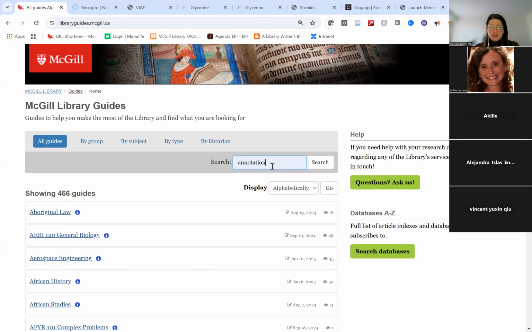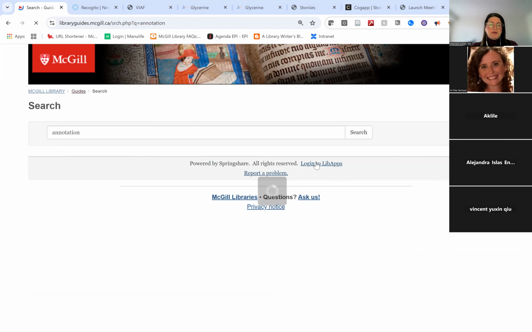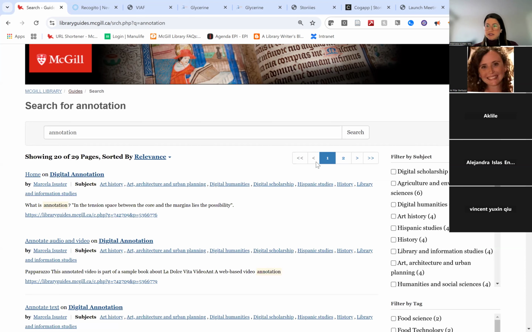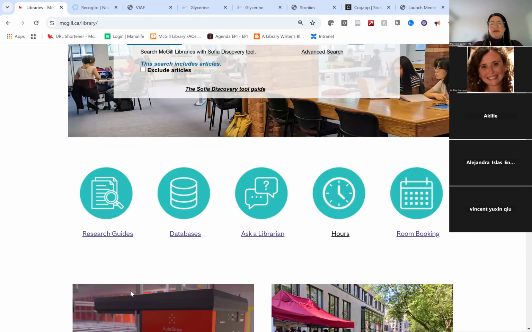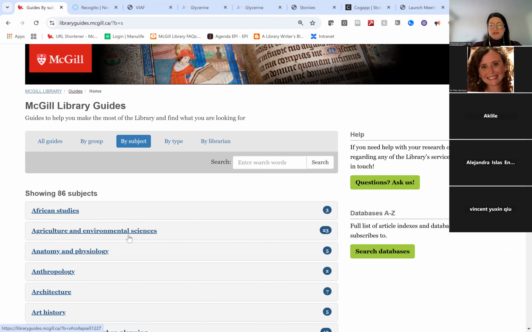Now, what you're seeing on my screen right now is our McGill Library Guides, or sometimes we call them LibGuides. If you have never seen them, to get here, you go to our McGill Library webpage, and then you go to Research Guides, and then you will see all of our guides. You can search for them, or look for them by librarian. So if you want something that I've done, you could look for my name. But for us today, we're just going to do